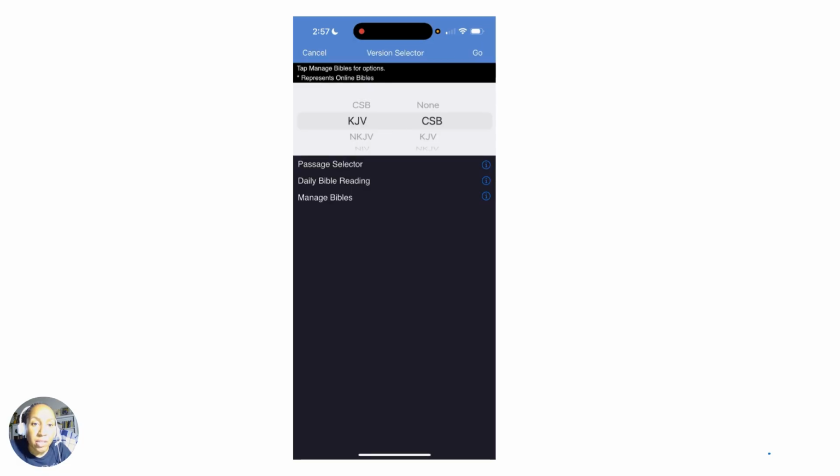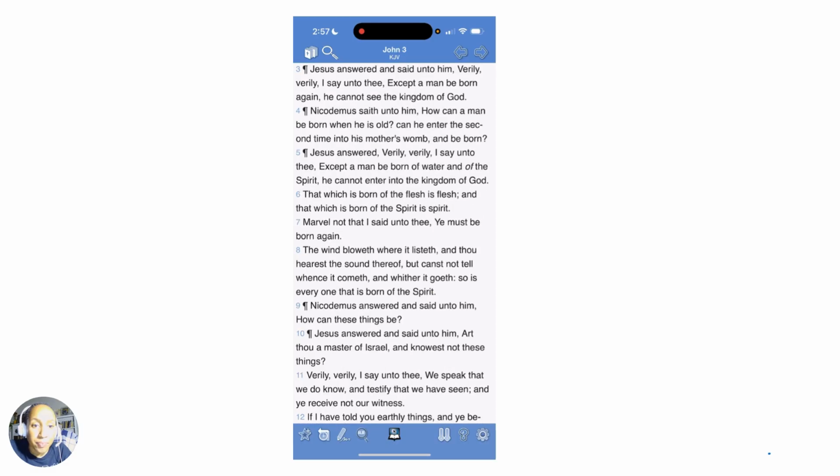And then you'll see that I use KJV and CSB, but if you don't want to do KJV or CSB, you can always click on the upper left and you can change which version of the Bible that you want to use, right? I like to do a side by side, or sometimes if you don't want to do a side by side, you're going to see what it looks like with just one version or one translation of the Word of God. But let's say you want to change it out, you'll come right here